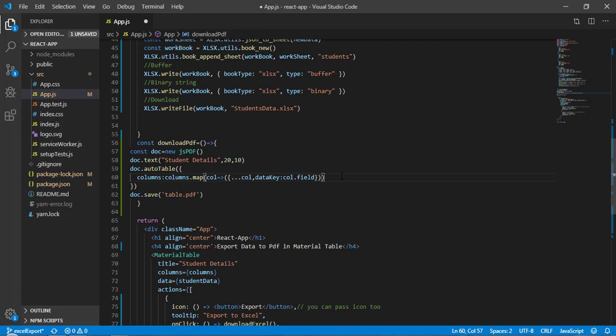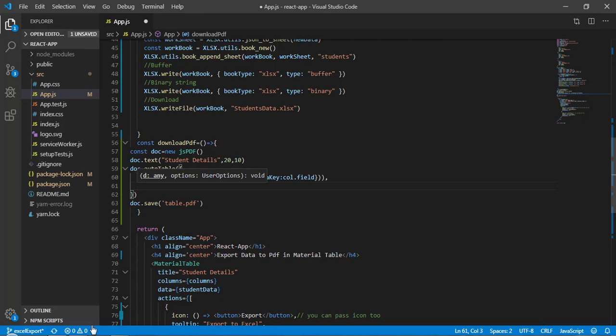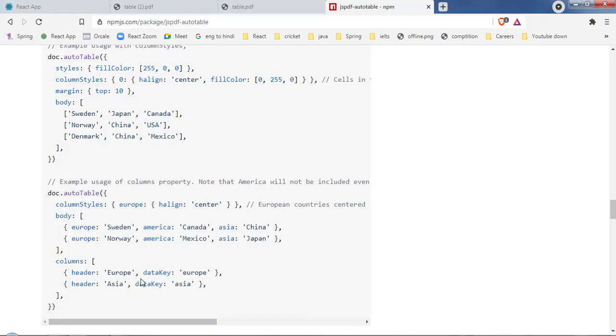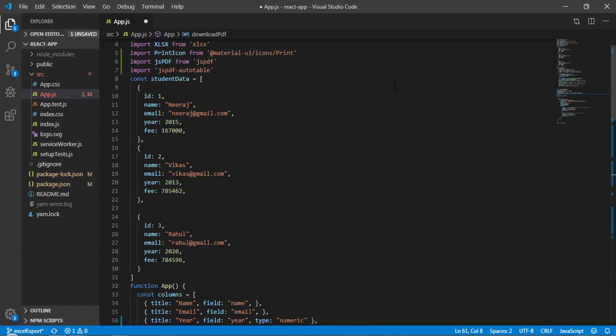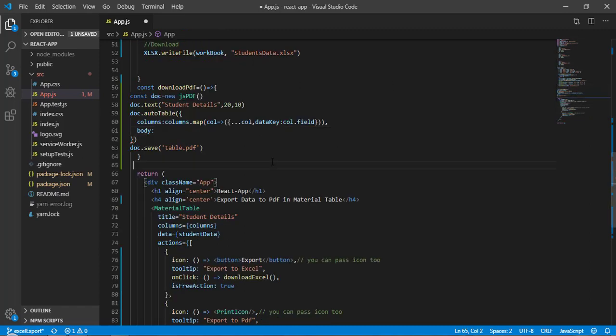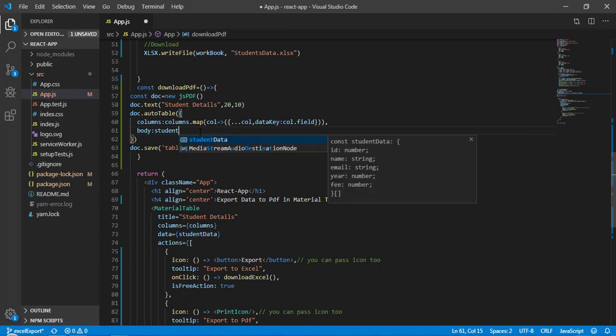Okay, so now we are done with this, and now it's time to provide data. For data in this case, we have to pass this body, and we can pass it as an array of objects itself. So for that, body, and we are holding our array of objects in student data. So here student data.